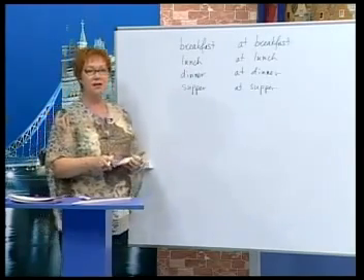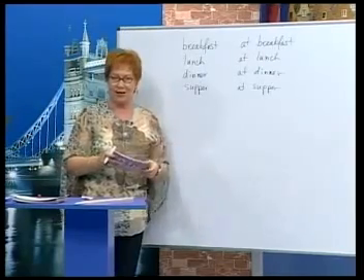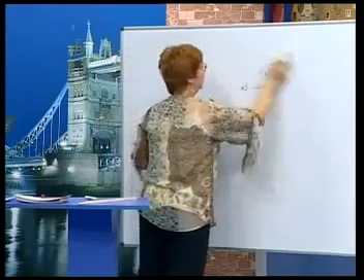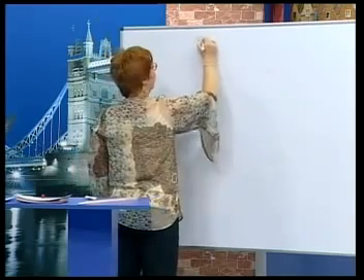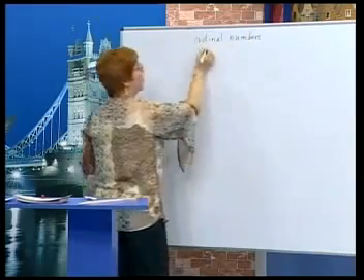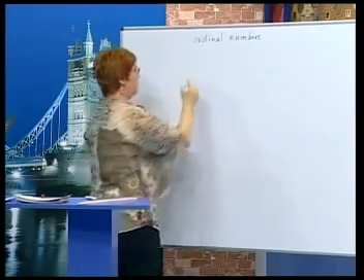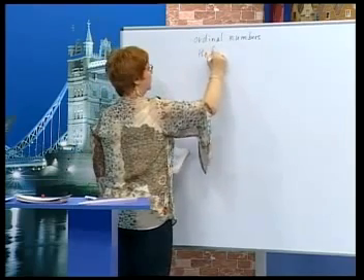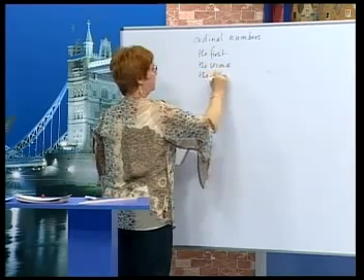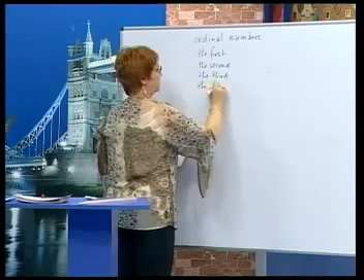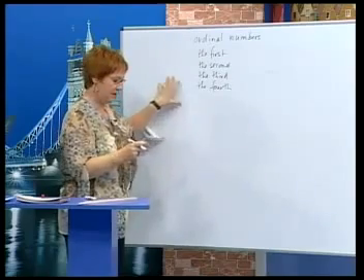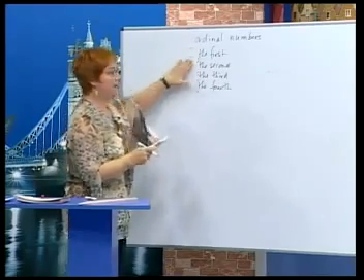Okay, now, also, when we talk about dates, we use ordinal numbers. Now, we saw these before. And remember that ordinal numbers are the ones that show the order. Okay, so we have, for example, the first, the second, the third, the fourth. Okay, so because we're talking about the order of days in a month here. Now, we usually use the.